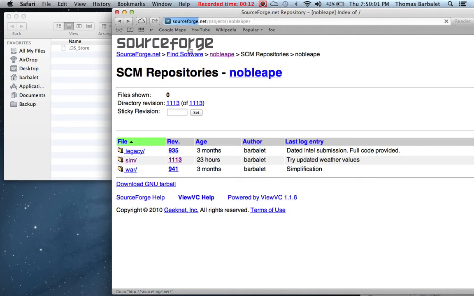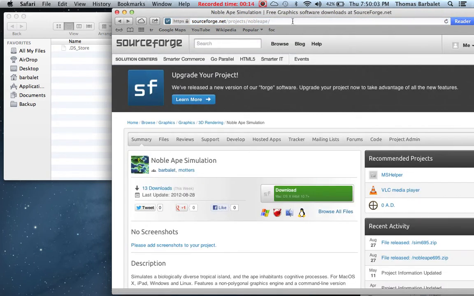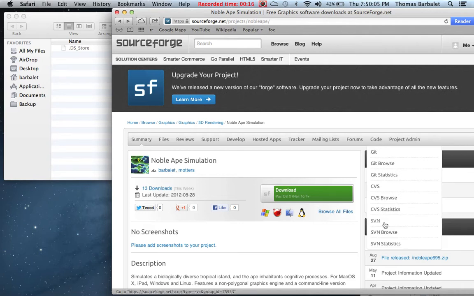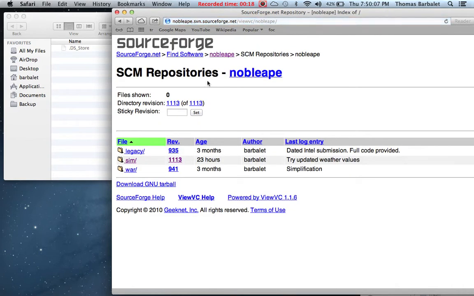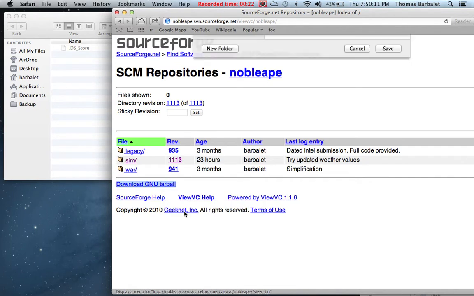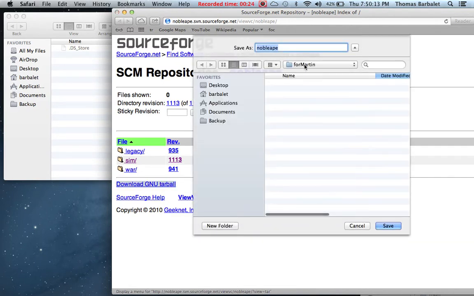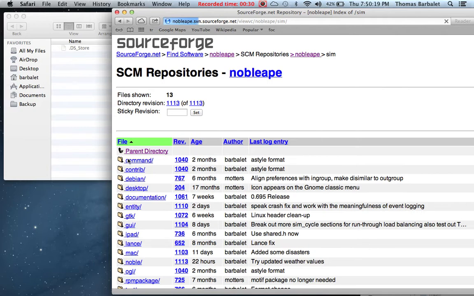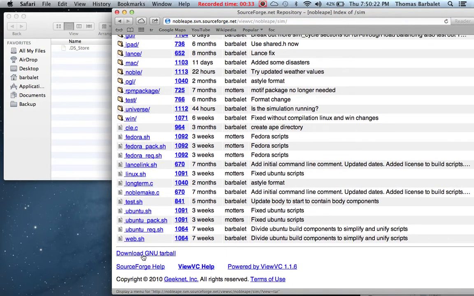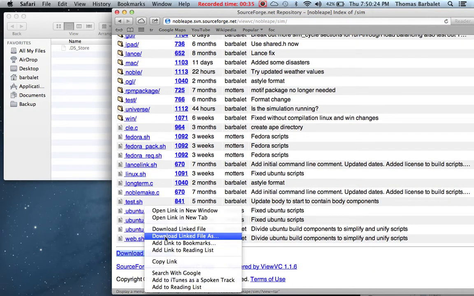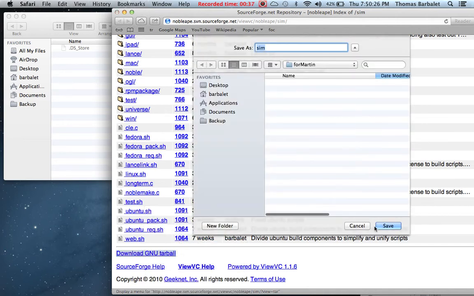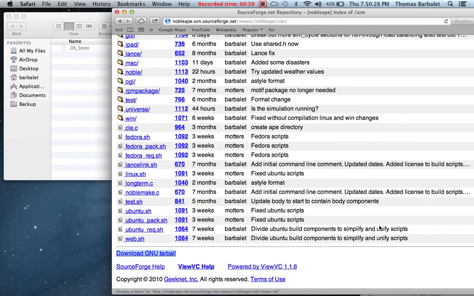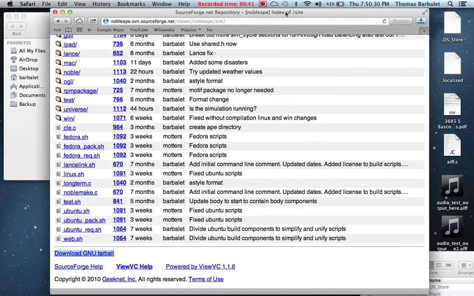The place to start is sourceforge.net/project/Noble Ape. Go to the code, browse SVN, download the tarball. I've already created a directory called For Martin. Actually, that's not the tarball we want. You might notice here that I've done this once before already. Okay, download link file as. And while we wait for it to whir,